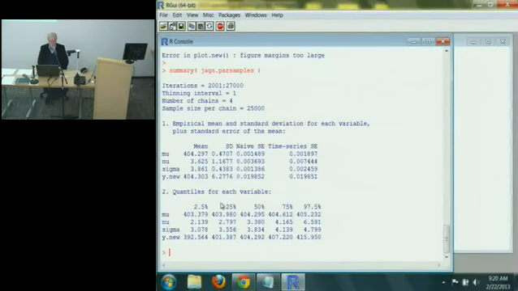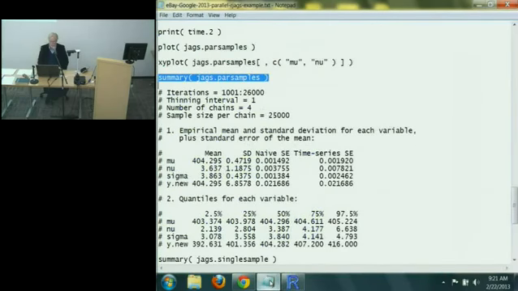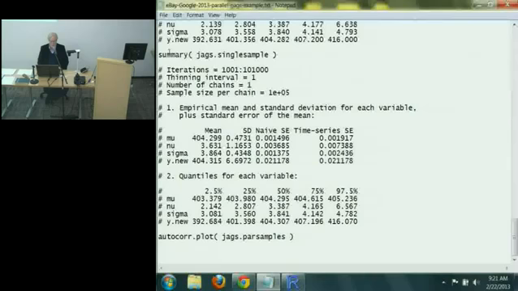And then in the second unit of what's going on here, he gives you quantiles for each variable, various percentage points in the distribution. And so you can get 95% intervals by going from the 2.5% point to the 97.5% point. And if you wanted to compare the posterior median 404.295 with the posterior mean for mu 404.297, that's an expression of how symmetric the distribution is, for example. We can see thereby that he's giving us more or less the same stuff that we would have been interested in in my homegrown code. And then I can do the same thing for the single sample,